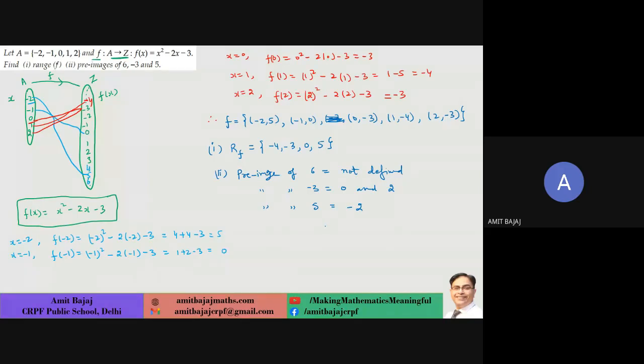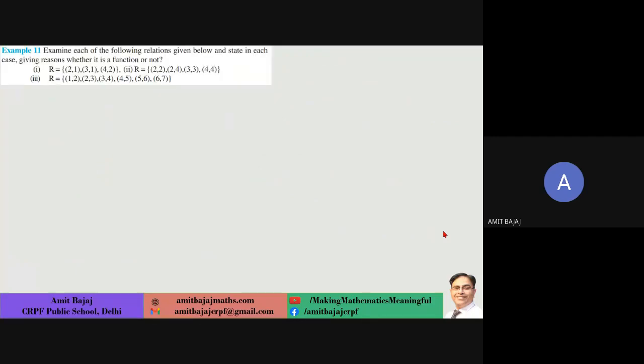So I hope the idea is clear. If I draw and use this arrow diagram, then we can easily answer the following questions. What is the codomain of F? I am asking one extra part as well. What is the codomain? The set of all integers. Yes. You check, whatever is written here is fixed as the codomain. So understand the basic definition. So that's simply Z. Please check out this question.